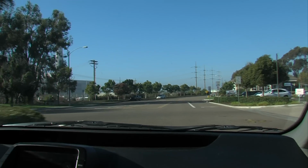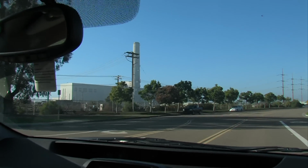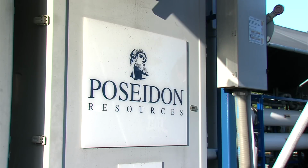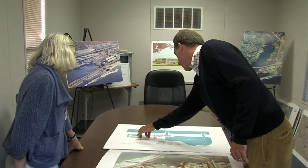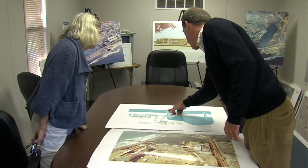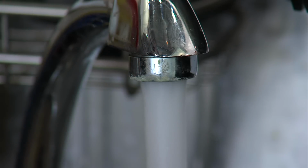You may recognize the spot. It's just north of the distinctive tower of the Encino power plant in Carlsbad. There are many reasons that a private company, Poseidon Resources, chose this site for a huge desalination plant. Poseidon's Peter Maclaggan says one is that San Diego badly needs an insurance policy in case it gets cut off